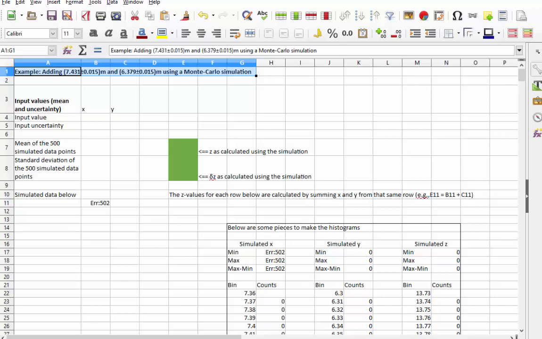Welcome to the screencast that is meant to teach you how to combine uncertainties using a Monte-Carlo simulation. The specific example will be combining uncertainties when you're adding two values that both have uncertainties. So in our example here, we're going to combine 7.431 with an uncertainty of 0.015 meters with 6.379 with an